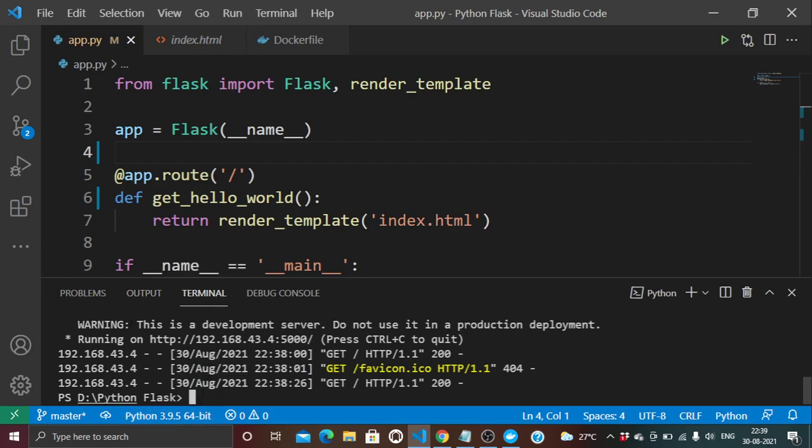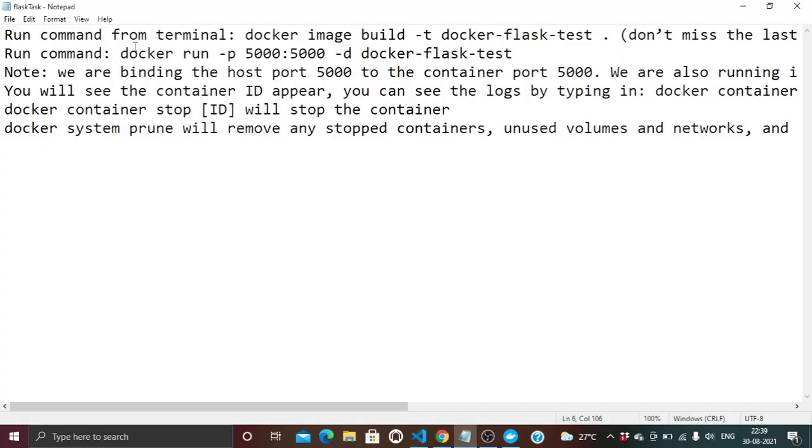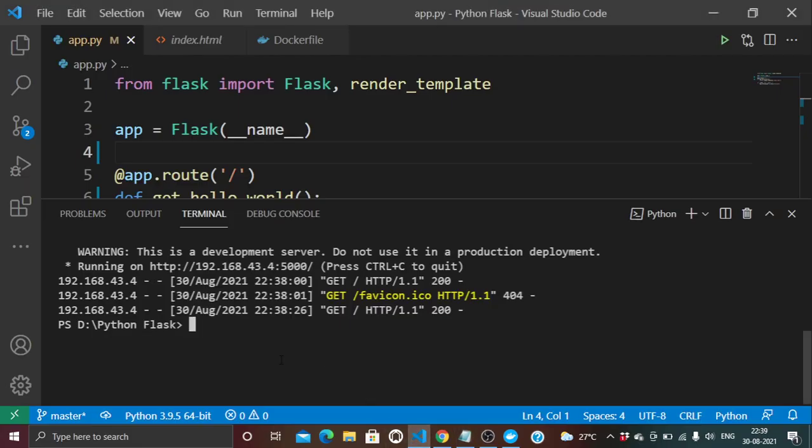So we are already inside the Python Flask application. And for that, the command for creating images is docker image build with the -t flag, docker-flask-test. We'll just edit this name to docker-flask-app, and the dot is for the current directory. If we run it,